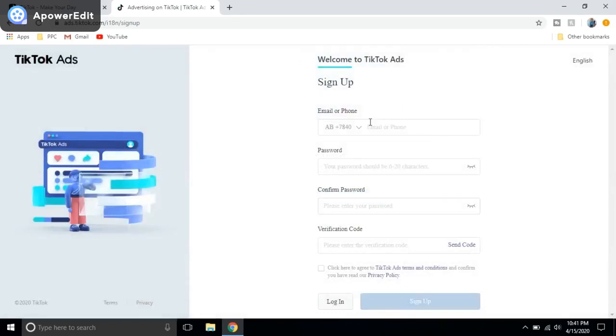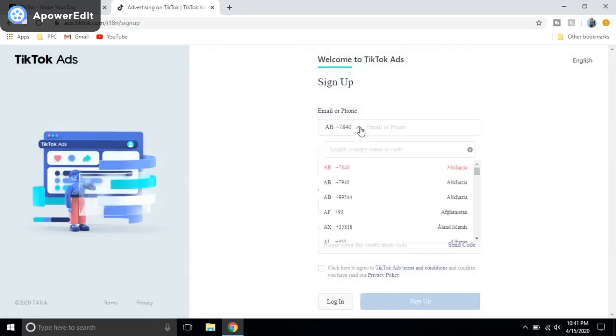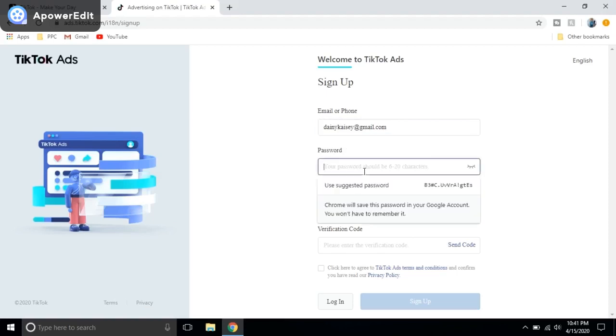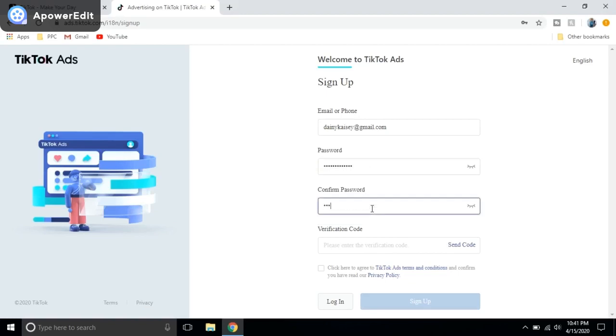To sign up, they are asking for a few details as per your country. First I will enter my email address or phone number. I will prefer email address from India. Then it is asking for a password, which I will set and enter.